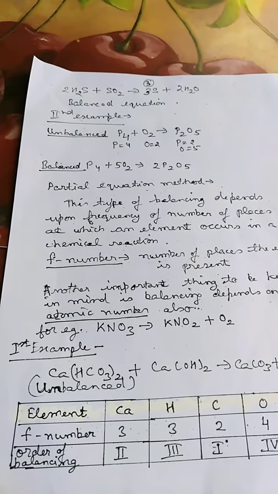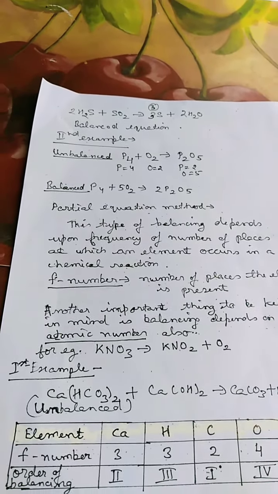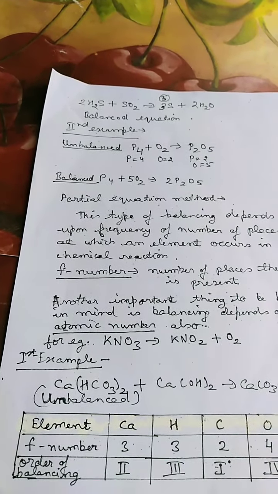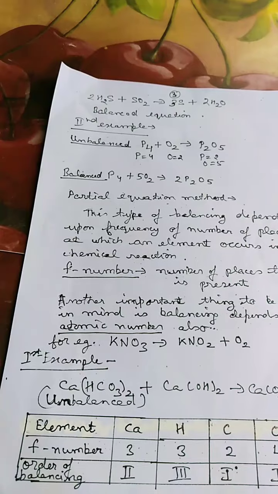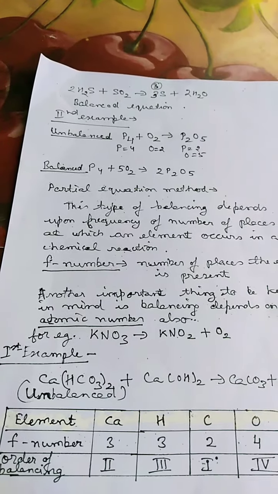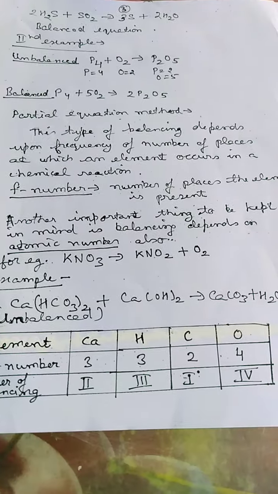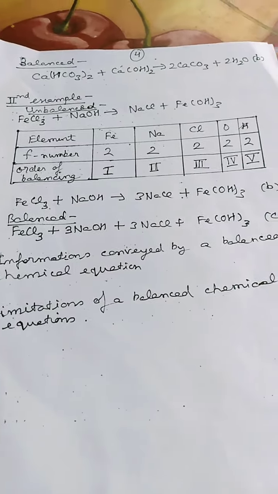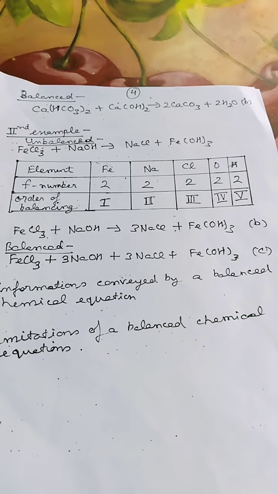Then we will see calcium and hydrogen, which have positive charge and have the same frequency number. We will take calcium first as it is a metal. Calcium atoms on the right hand side are 2, since when we multiplied CaCO3 by 2, it became 2 atoms. Thus it is balanced, and then we will look towards hydrogen. After this we are having the equation Ca(HCO3)2 plus Ca(OH)2 gives 2 CaCO3 plus 2 H2O.